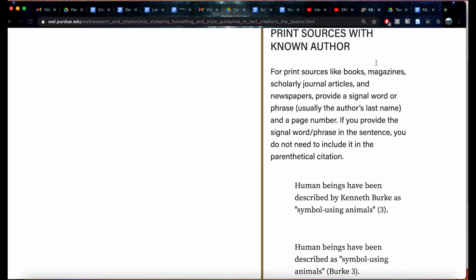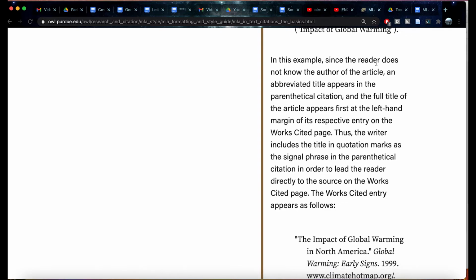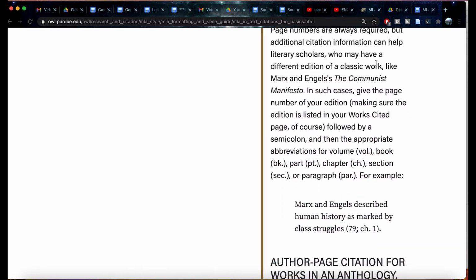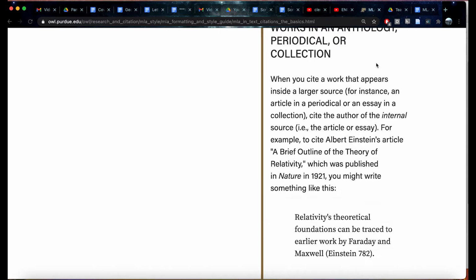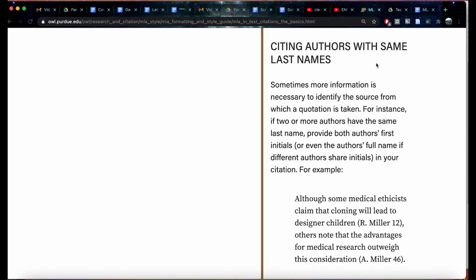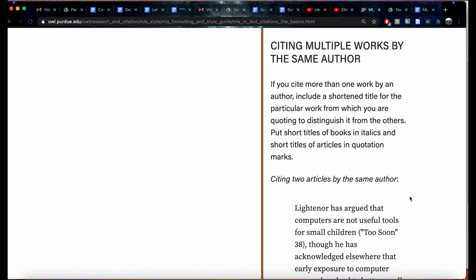When something doesn't have a known author, you'll follow a different format, but you'll see that there are all of these different ways to cite in different situations. The good news is you, again, don't have to memorize each and every one of them, but you do have to know where to find this information. You're going to do a lot of researching in this course, and as you do, you'll have to cite in lots of different situations,